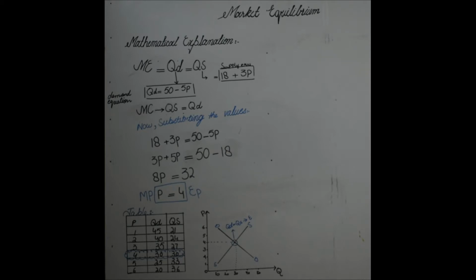So the market equilibrium, we already know about that. What is the market equilibrium? It is a situation where market forces, the demand and supply, are equal and at the optimum point. Here we will give a mathematical explanation and explain the mathematical solutions of the market equilibrium. In the previous lectures we have understood and identified the three situations of the market. The first one is the shortage, the second one is the surplus, and the third one is the equilibrium point.